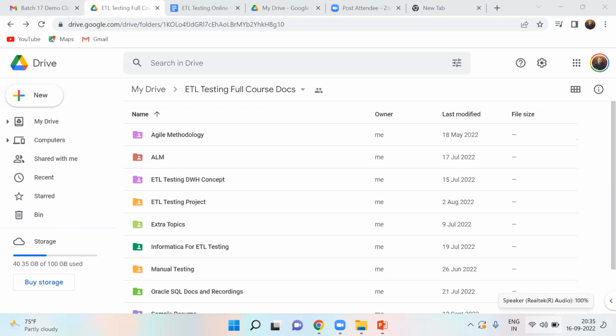Some of the people got a package of 14 lakhs, and one person with real-time experience, who was working in manual testing for 11 years, got a package of 26 lakhs. He was earlier getting 12 lakhs, but he got 2-3 offers in the same ETL testing, and he got a final package of 26.